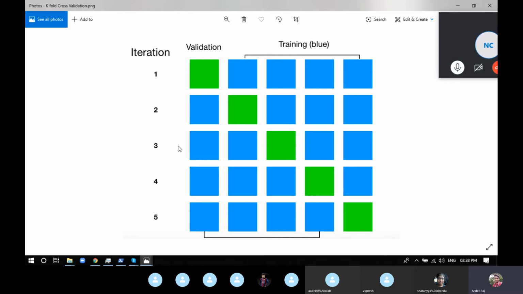The benefit of this is, even though the answer you'll get will not be theoretically as accurate as LOOCV, it reduces the computation that your model or your PC, or wherever you're deploying the model, has to do. Instead of going through all the data points individually, you have different folds. Just imagine we have 100 data points.